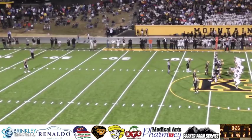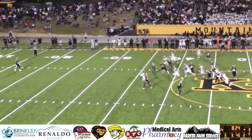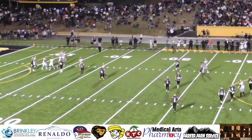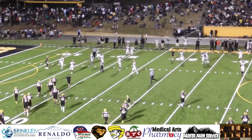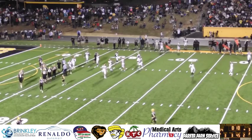Deshaun Christopher in for the punt, and this is from the Kings Mountain 47. So with a pretty good punt, they could pin Kings Mountain back, and it does bounce inside the 20. For some reason we caught it, and that could have rolled down inside the 5-yard line. So a Shelby player, I think it was Laz Welch, caught it on one bounce and downs it